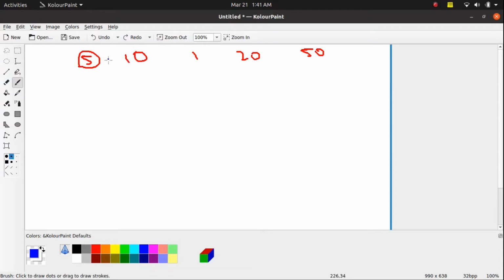When you took out the 5, you know that 5 is the least amount of money in your pocket, and at this point it is the largest value as well, as you are not aware of the other bills. So right now 5 is both the minimum and the largest.